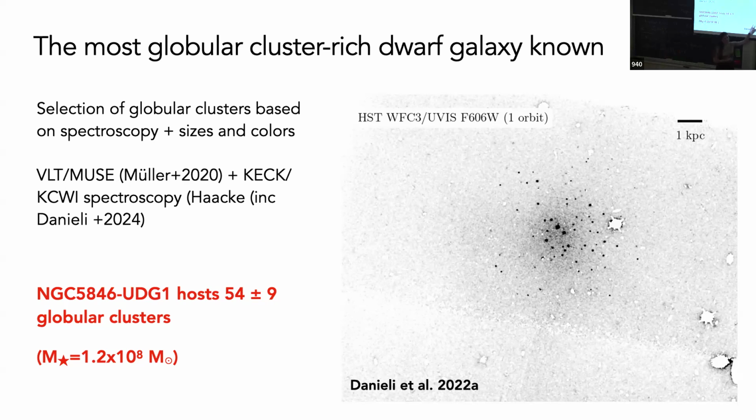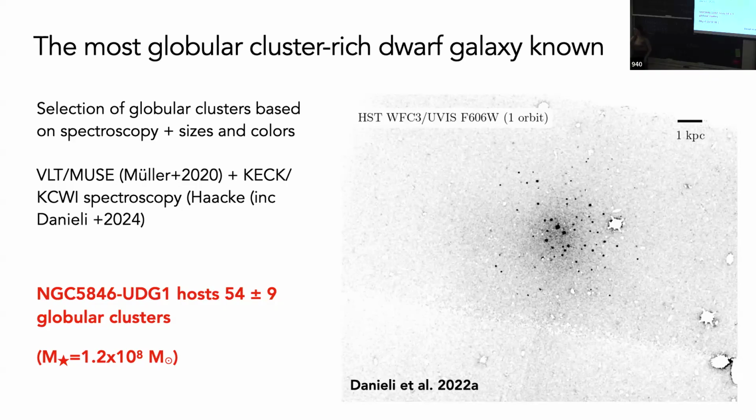But it has 54 globular clusters. And if you count how many stars you have in these clusters and compare it to the total mass of the galaxy, it's 15%. So 15%, 1/5 of the stars are in globular clusters. In the Milky Way, about 0.5% of the stars are in globular clusters. It's not the same type of galaxy, so it's not really comparable, but it's really extreme in that sense. So it's interesting for thinking about extreme star formation and high redshift and all of that stuff.